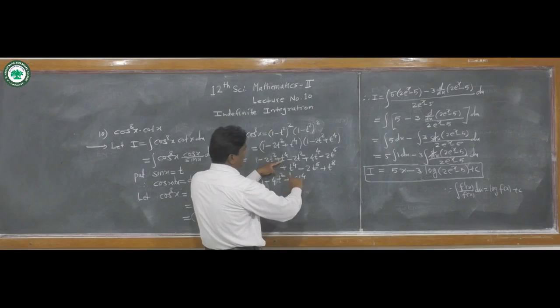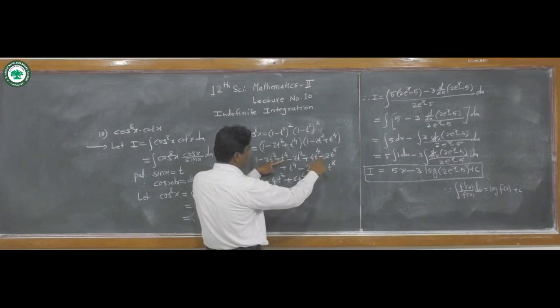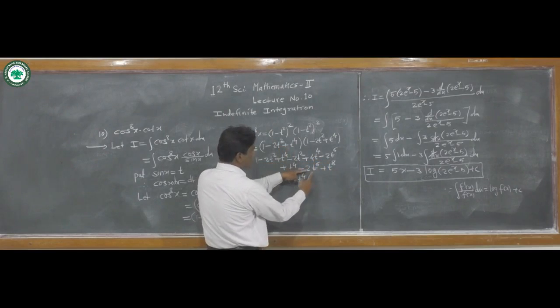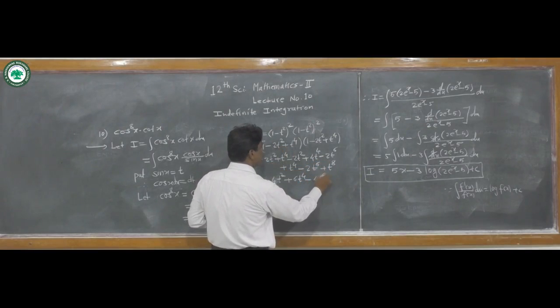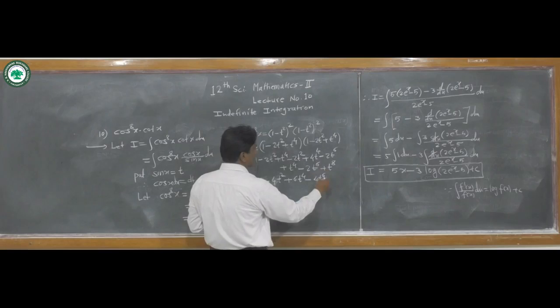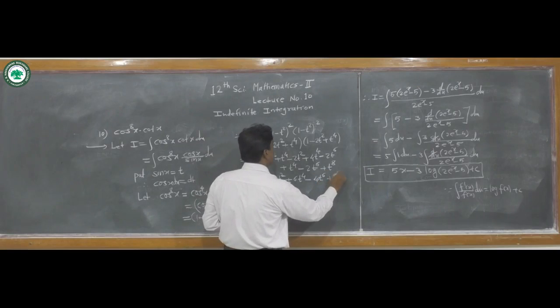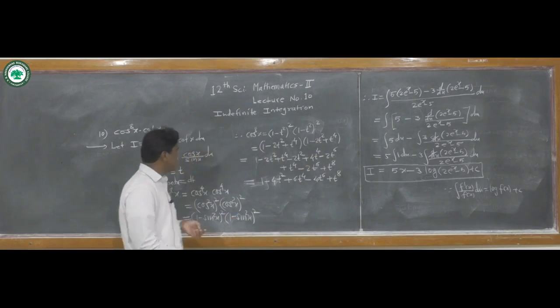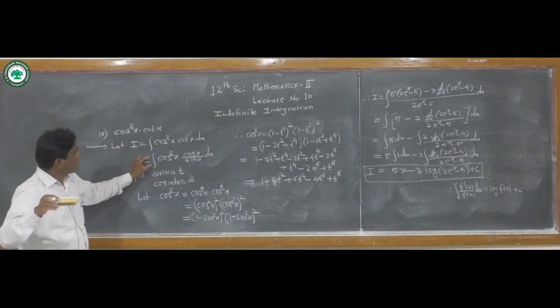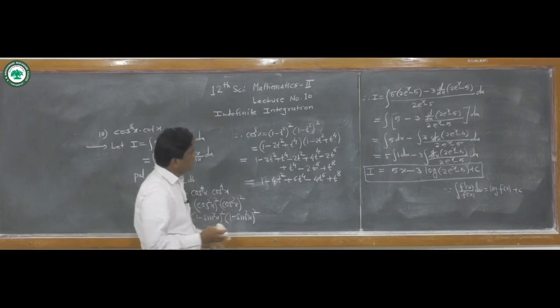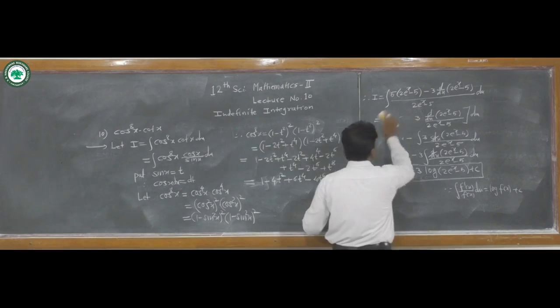Then t to the power 6, here t to the power 6, here t to the power 6. So minus 4t to the power 6, and lastly here plus t to the power 8. And then we solve the integral I as the integration of cos raised to 8x. We put this value, therefore the required integral I becomes